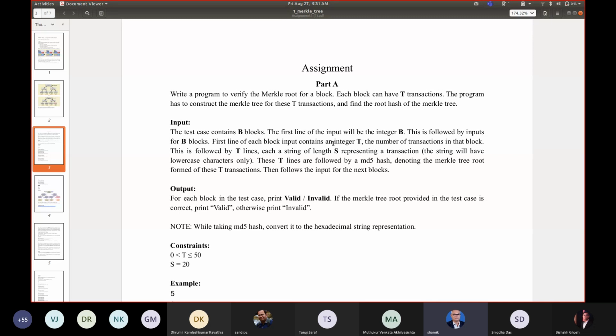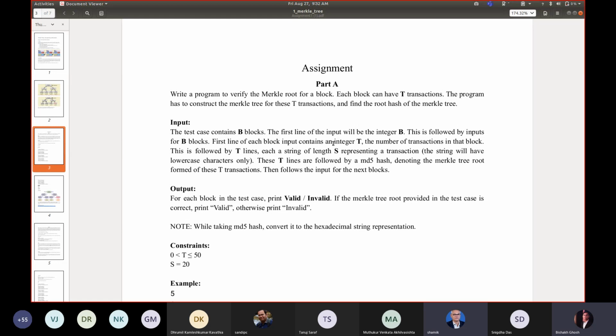Part B and part C are currently showing 11 a.m. as the time. That will be extended, not by half an hour or so; it will be at least a day or so. We'll discuss, decide, and then announce, and accordingly we'll extend it. But for part A, the submission deadline is definitely 11, with 10 minutes of extra time for submission. I understand you will be having your other classes, so make sure you complete it by 11.